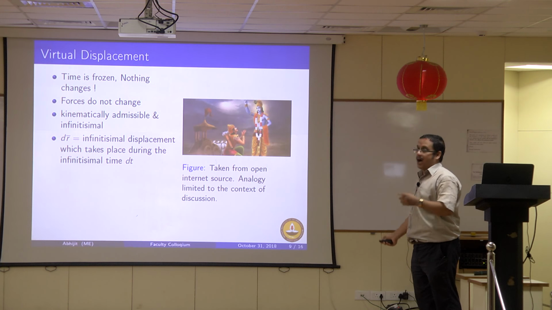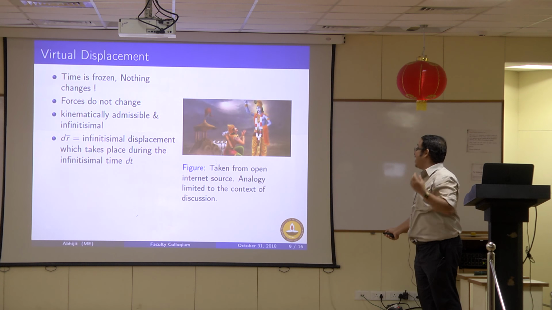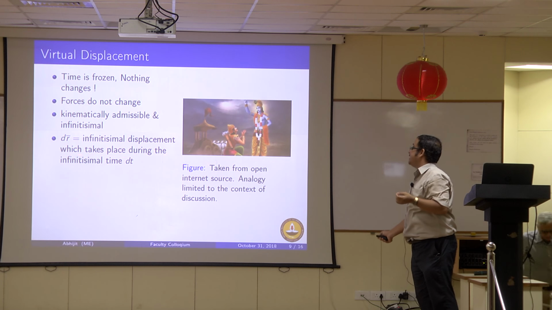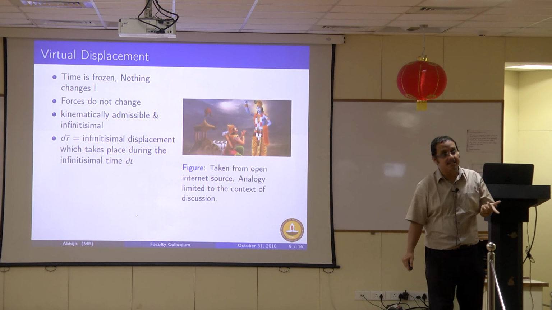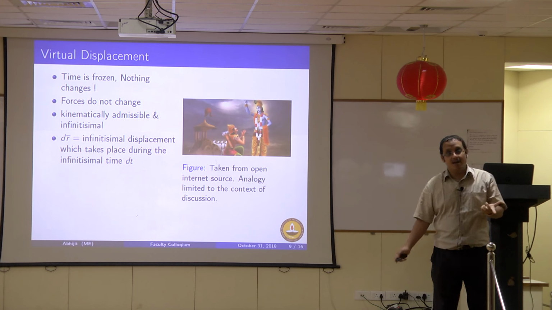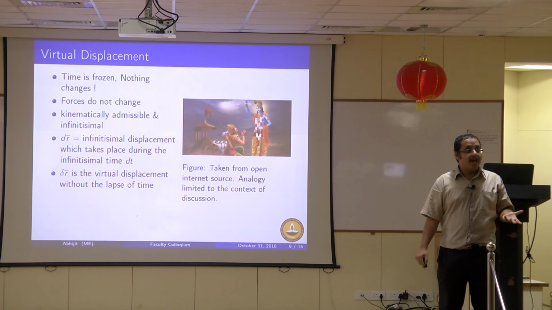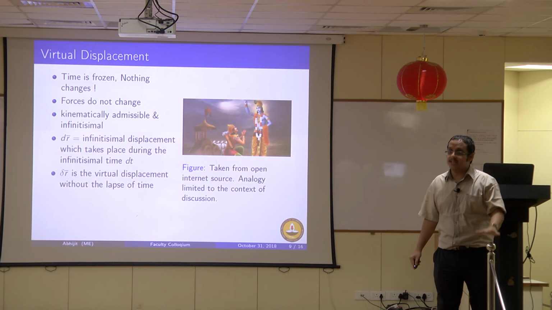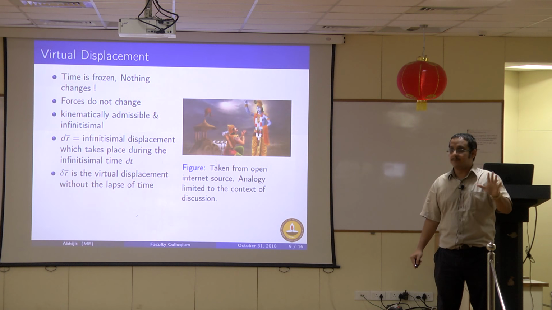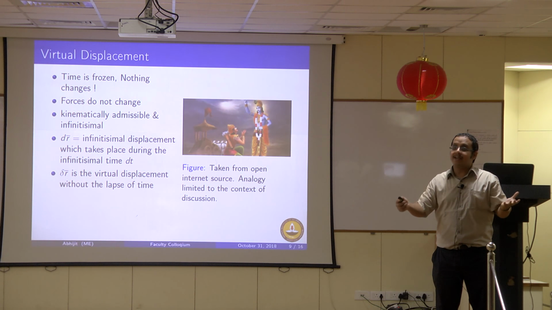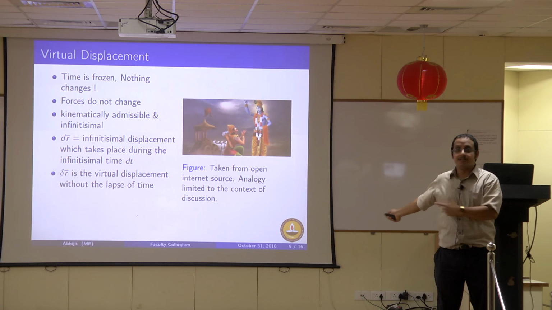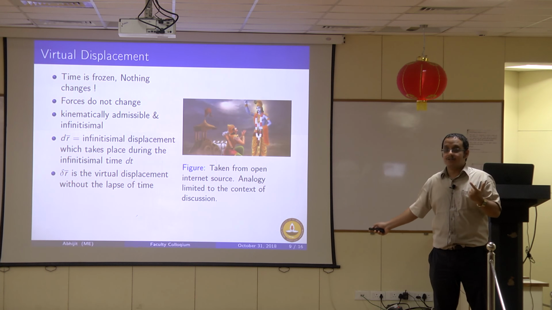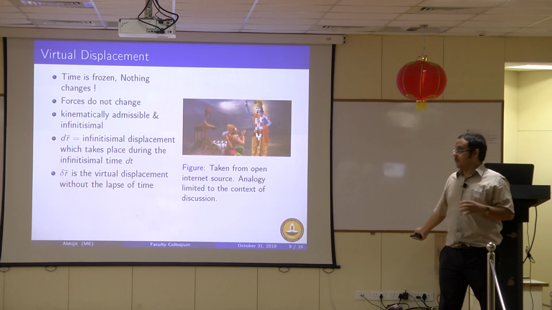Coming back to the other question that I have asked, dr is the infinitesimal displacement that takes place during the infinitesimal time dt, whereas delta r is the virtual displacement which actually takes place without the lapse of time. And it is for this precise reason that whether in 2018 or 3018, you cannot measure virtual displacement. I can give it to you in writing. No one can measure virtual displacement, but virtual displacements are there in our formulation, and it is very important also. Your entire workhorse of solid mechanics, FEM, runs on this. So when you say virtual displacements are just useless, be careful.